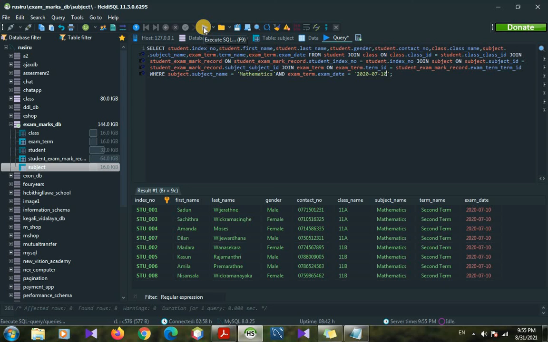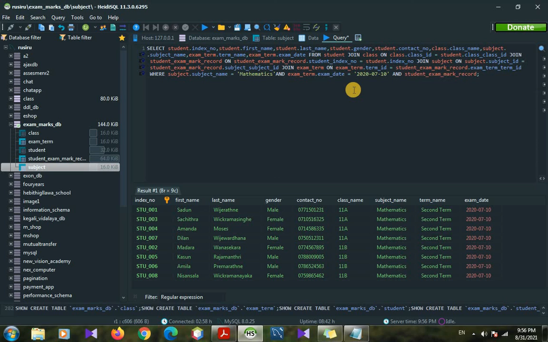So next we can select the minimum marks of the students that got mathematics in the second term. So here we can use another and keyword and type another subquery here. So here we select from student exam mark record table dot marks, minimum marks.